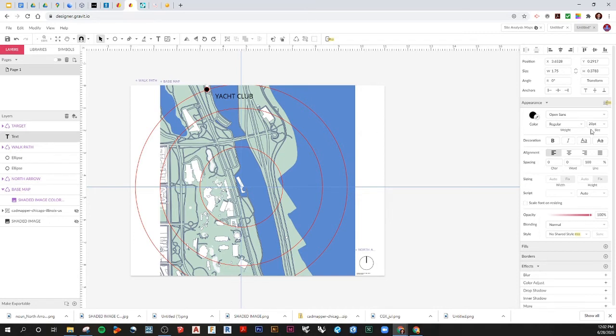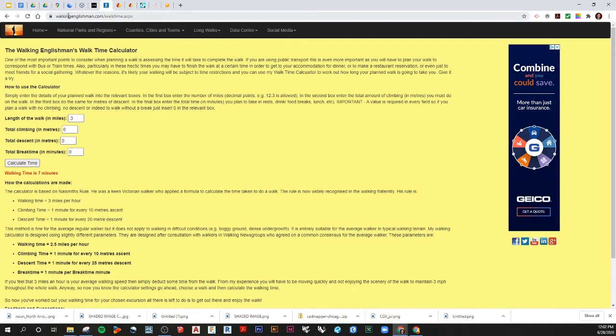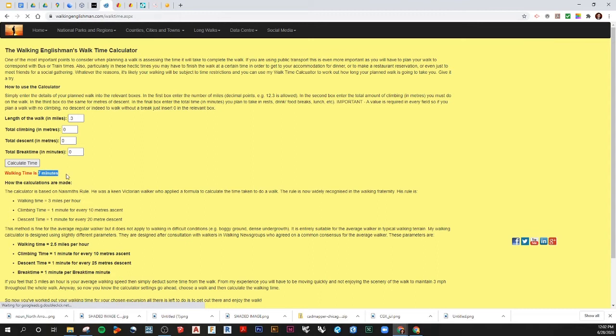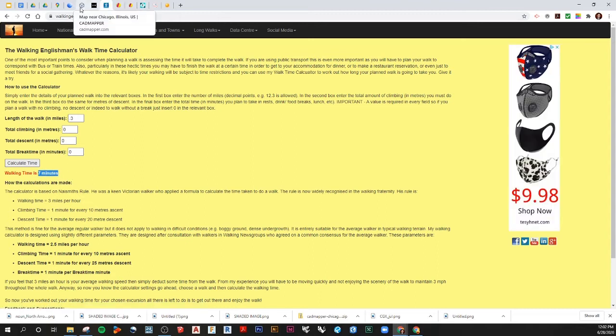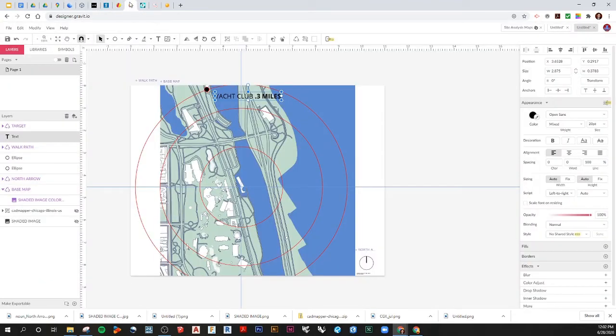And then we can go to bold, and we could just say 0.3 miles. And then if we want to know the walk, there's a walk time calculator that we can go to, and I can just type in 0.30 for everything else, calculate time. It's a 7-minute walk. So then we could just go back to our diagram, and we can double click in,